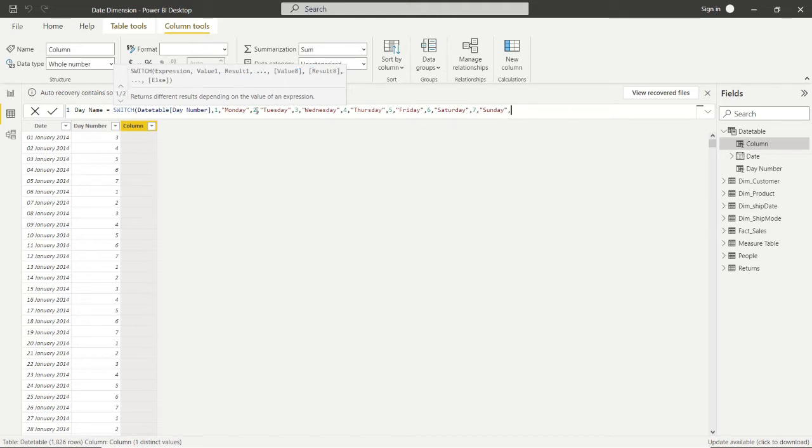After that, if the value is not between 1 and 7, some wrong value, then in that scenario it will return a wrong value message.